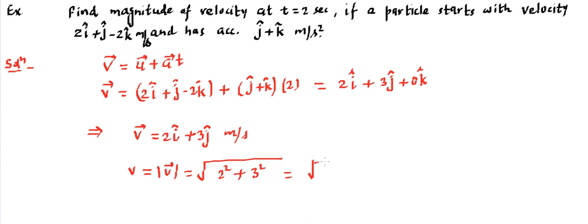So you are going to get it as 4 plus 9. So ultimately it will become square root of 30 meter per second. Now if you solve the same question using this equation, you will find a different answer, right? And this will not be able to tell you the direction of the velocity at that instant. So this is wrong, keep in mind, and that's a common mistake people do make.